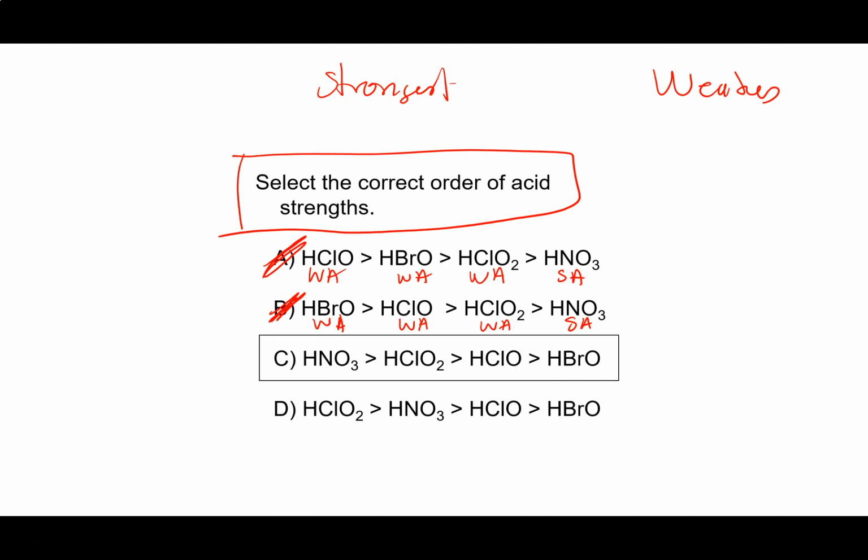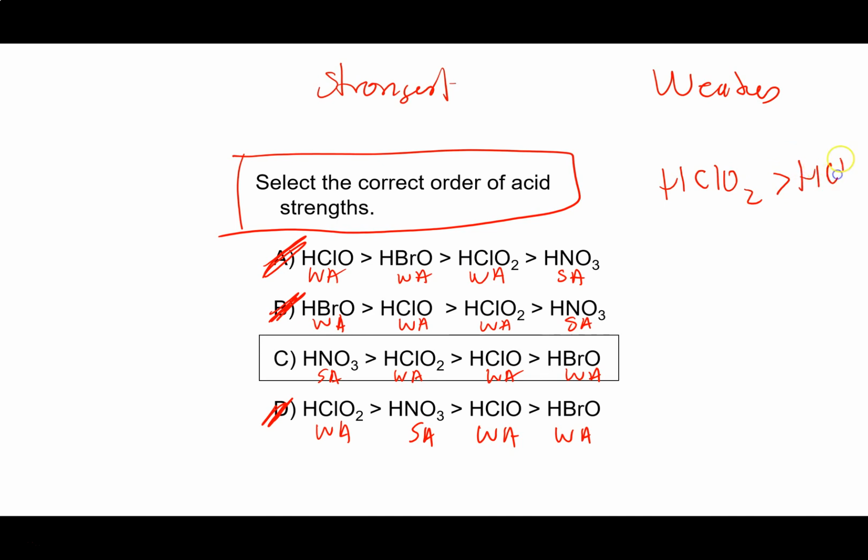Okay, let's go to D, and you can see why I didn't choose D. This is a weak acid, strong acid, weak acid, weak acid. So it can't be D either. But if I go to C, strong acid, weak acid, weak acid, weak acid. So at least it's got the possibility, and if I was hurrying, then I'd just stop there. But the next thing is